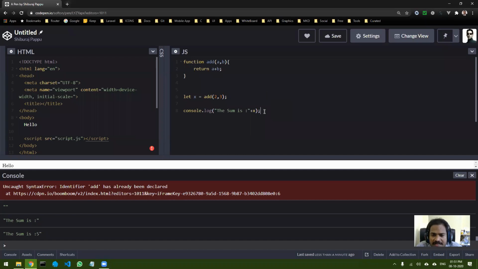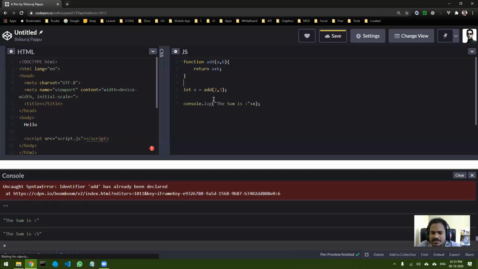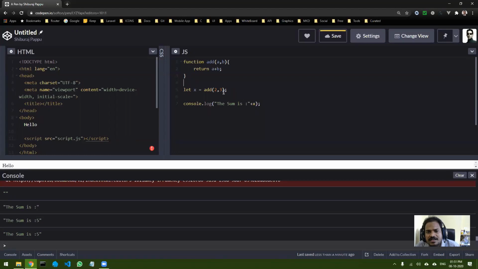Okay, so basically these things are very easy because it is similar to C programming. So if you are good with C, then this will be almost similar. In fact, once we switch to PHP, there also everything is going to remain the same. So you will see everything is similar to C, whether it is PHP or JavaScript or C, everything is almost the same except few keywords that change. Okay,